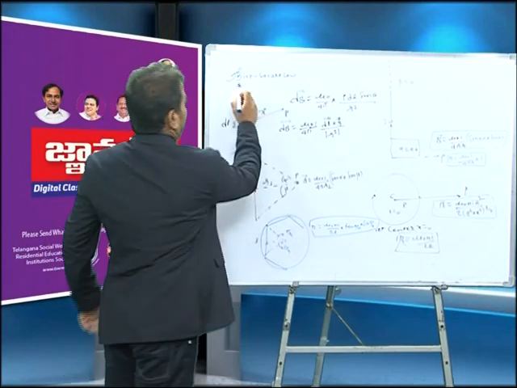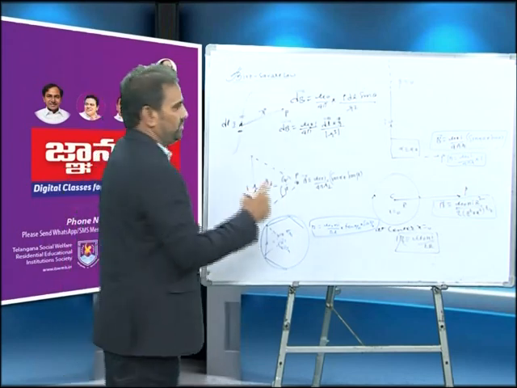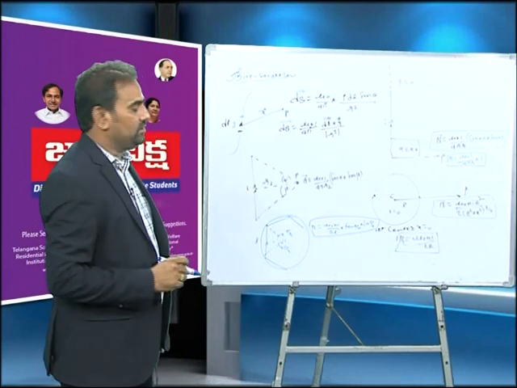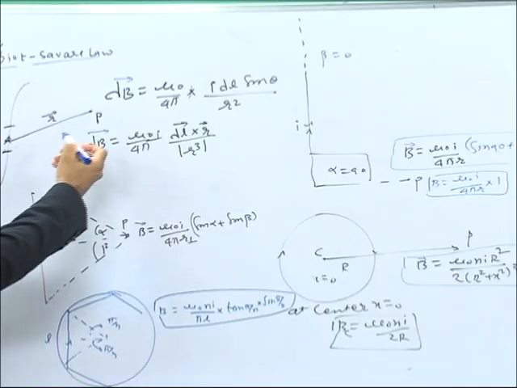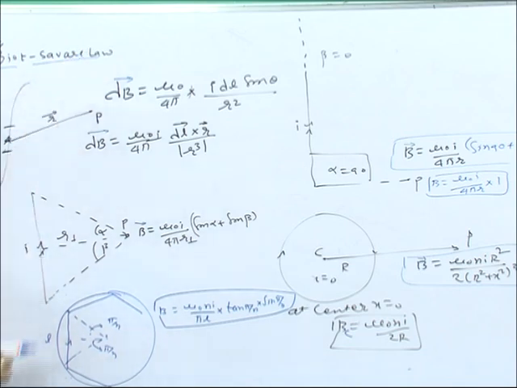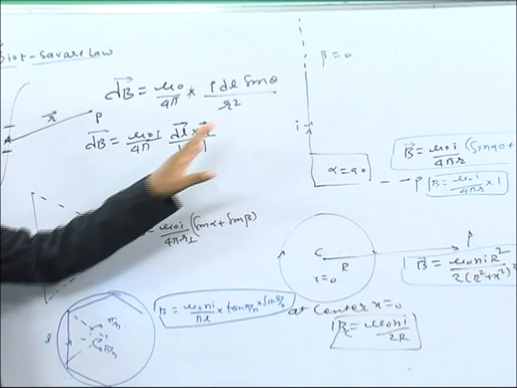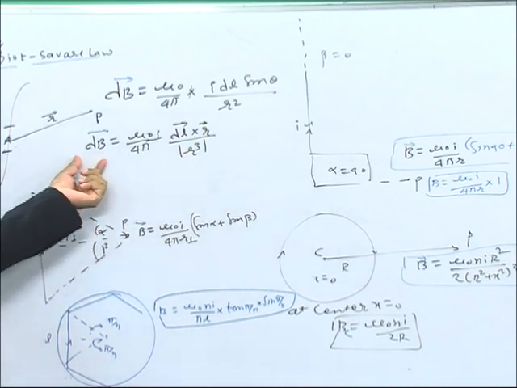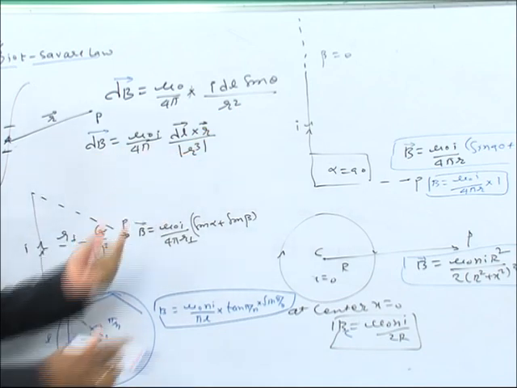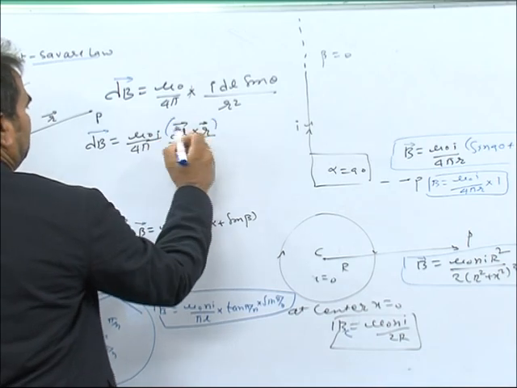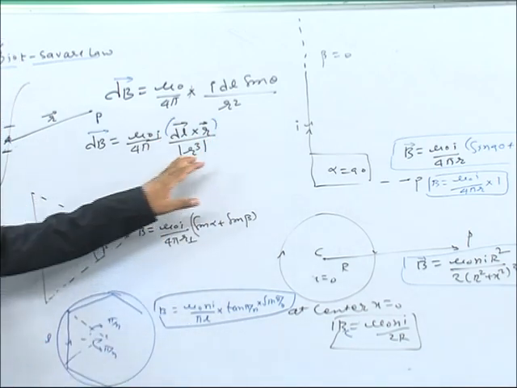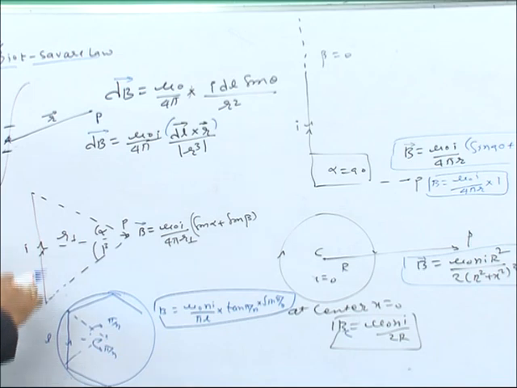Today I am going to start moving charges and the magnetic effect of current in the magnetic field. In this chapter, some very important relations I have given here. Biot-Savart's law: dB is equal to mu naught by 4 pi, I dl sin theta upon r square. In vector form, dB is equal to mu naught I by 4 pi into dl cross r upon mod of r cube. The magnetic field induction at a point due to a finite current carrying conductor is given by